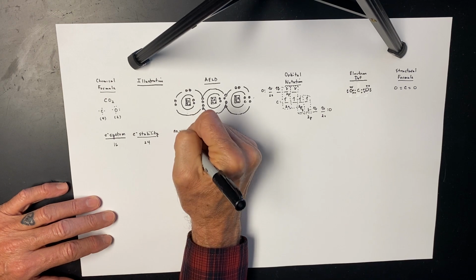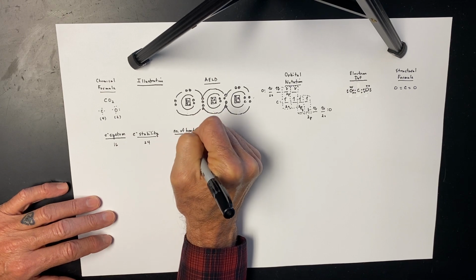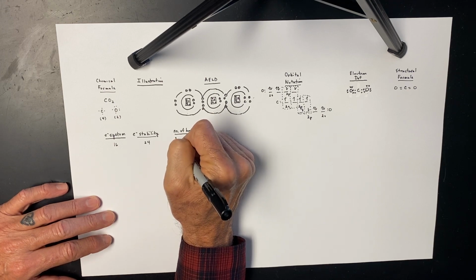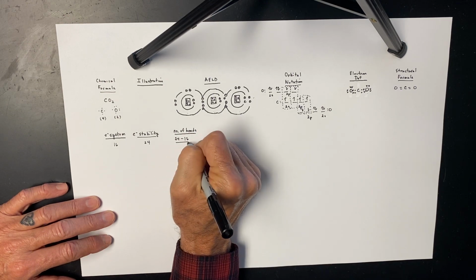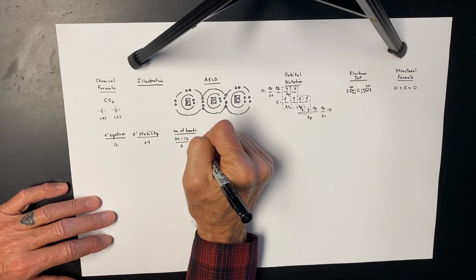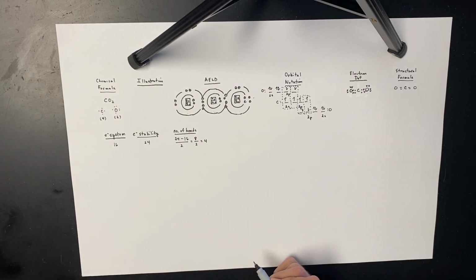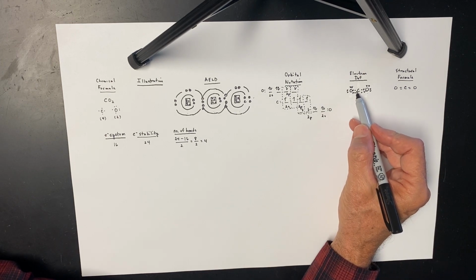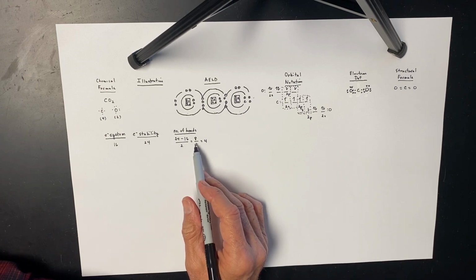So the way it's going to do that is to form 3 shared pairs of electrons. So we're going to look at the difference between 24 and 16 and divide that by 2 electrons per bond. The difference between 24 and 16 is 8. 8 divided by 2 is 4. So we predict the fact that we're going to have to form 4 bonds, which in fact you see that we did, right? Because there's 1, 2, 3, 4 covalent bonds. And the numerator in this quotient,